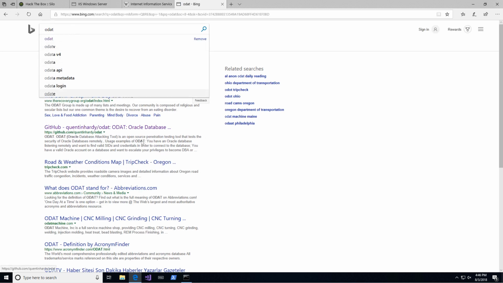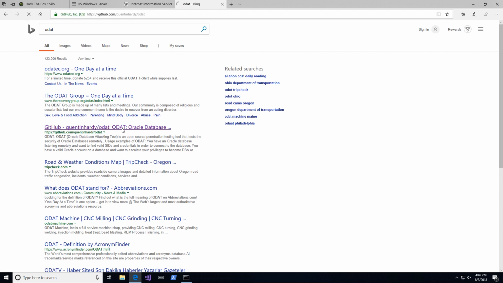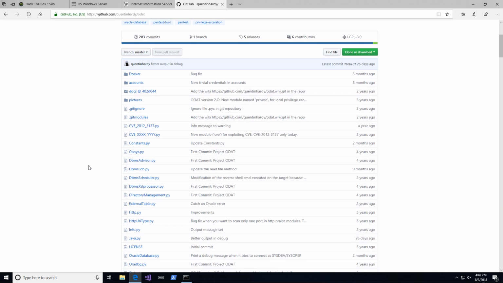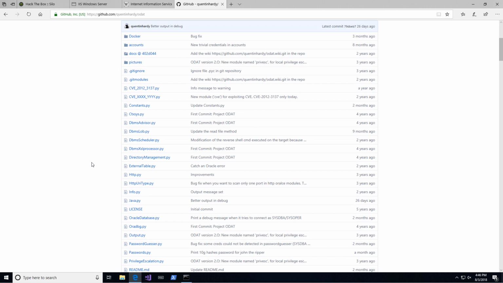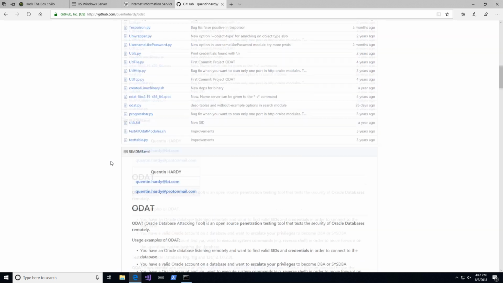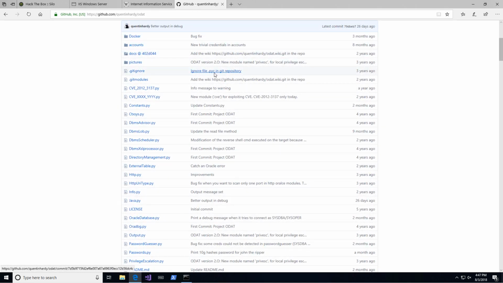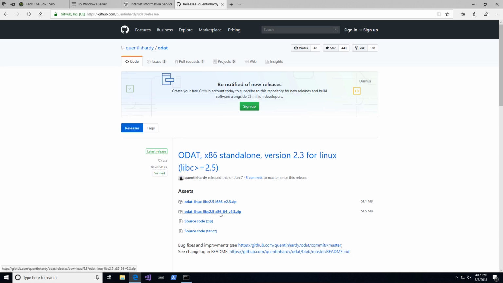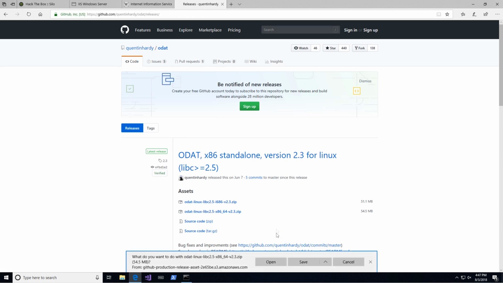Oh, I should probably throw Oracle in. Oh, it's right there. The Oracle Database Attack Tool. So this has been out for a while, and it is a collection of Python scripts that are capable of interacting with an Oracle database server. Now, we could either clone this repository and run the Python scripts directly. I haven't had as much luck with that personally as I have with running the ODAT standalones. And so if you click on that, download the 64-bit version,